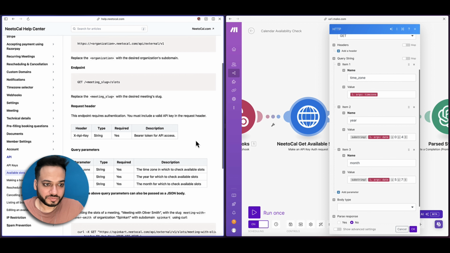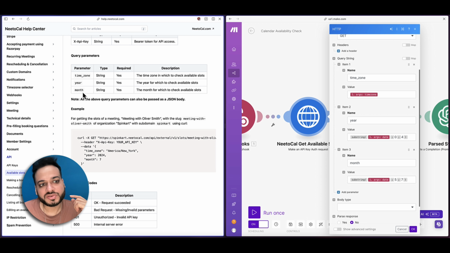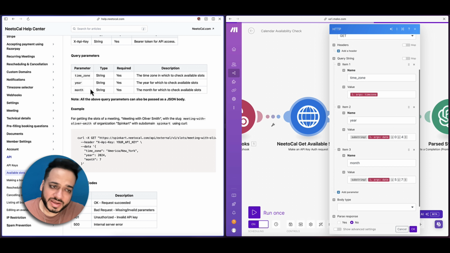Now, very important is to understand what query parameters are required to send an API request to NeetoCal, or any other API that you are using in future. There are three parameters that NeetoCal requires: time zone, year, and month. You might think that year or month are numbers, so we should use a type number.